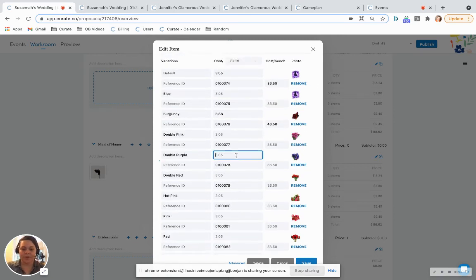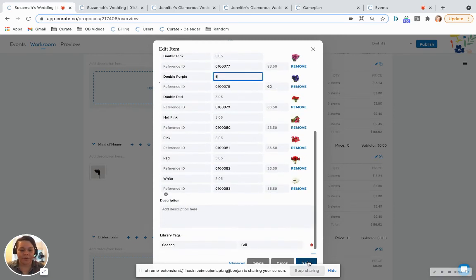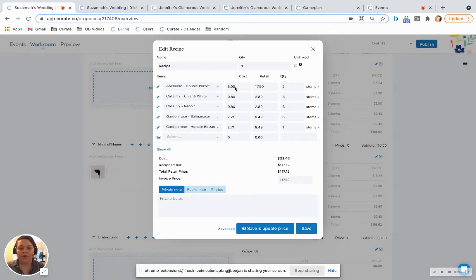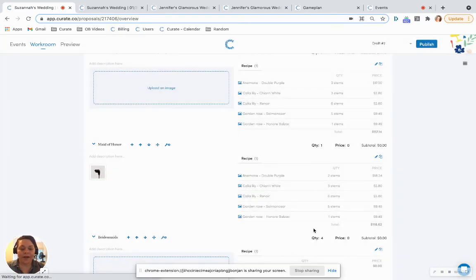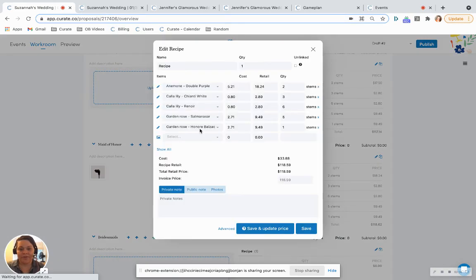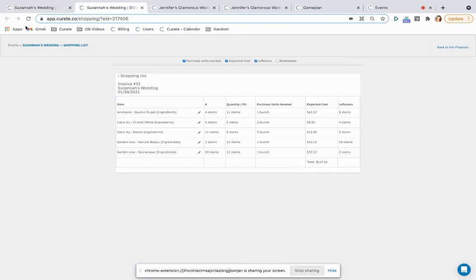I think it's this one. We're going to make it $5 here. So I can update that pricing, but it's not going to update that pricing within my other recipes. See how that still says 521? Well, if I go here